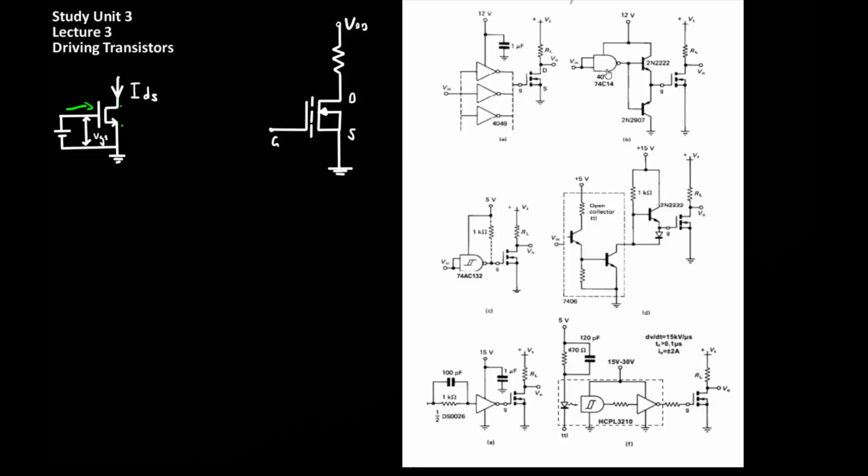In this example, instead of using the logic to drive the gate of the power device directly, the logic switch is instead used to drive the base currents required to operate these two bipolar transistors. These bipolar transistors are in emitter-follower configurations, which means that now the switch time is no longer limited by the current sinking or sourcing abilities of the logic gate, but instead by the capabilities of the bipolar transistors used. This type of circuit is effectively a current amplifier, where this logic gate over here will either turn this transistor here or this transistor here on in order to generate the currents required to compensate for the gate capacitance present